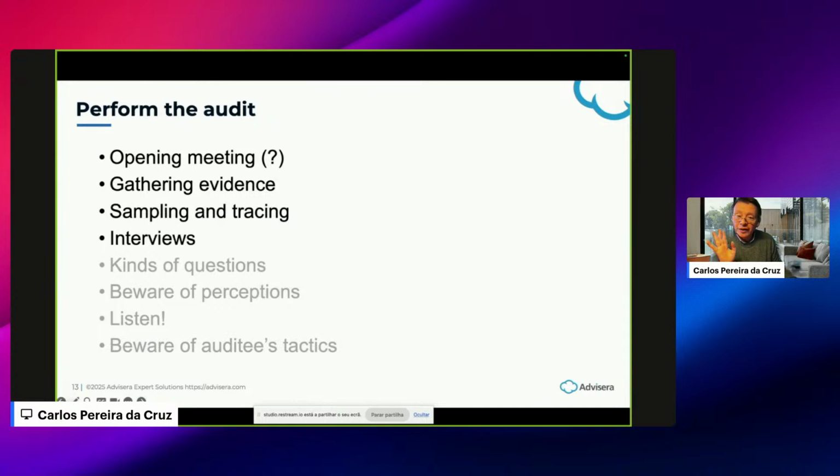Interviews. Interviewing is a way of getting information from another person in response to the auditor's questions. It is the most important form of data an auditor can gather in auditing. You don't start right away with a battery of questions. Present yourself and put people at ease. Some may have never been audited and they may be scared. Who is this guy coming here? Explain why you are doing the audit.